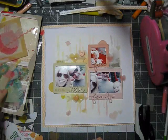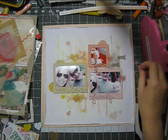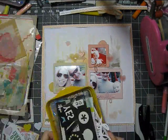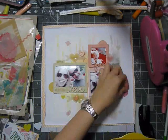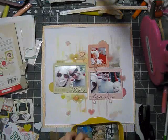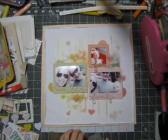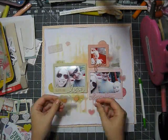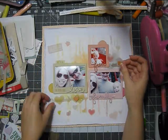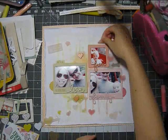So back to the page, I showed you how I used the tiny attacher from Tim Holtz to attach some of the vellum pieces. I just think it looks really great, and vellum looks great when it's layered, because it's a little bit transparent. I color coordinated, put the pink next to the pink frame and the yellow next to the yellow frame. And I also used a couple of chipboard hearts from Studio Calico,